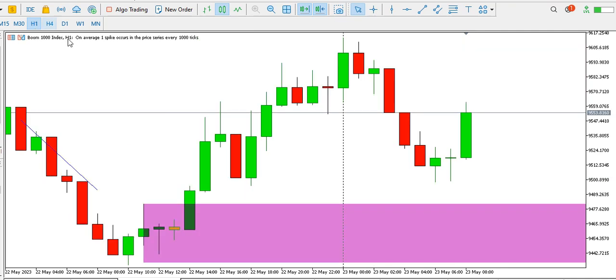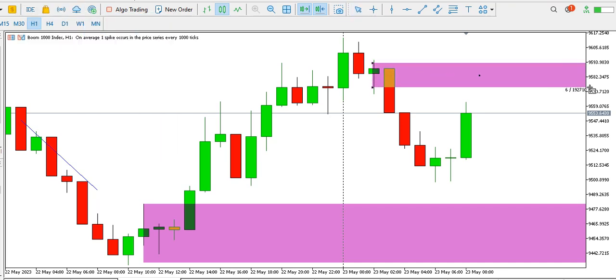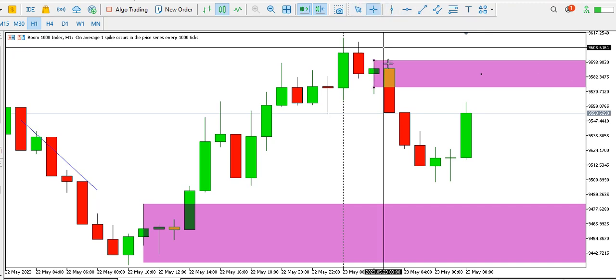Okay, on the 1-hour time frame, we can see that price is trying to form a bottom, and price might target this order block at the top. We have this order block, could be a target. I'm talking about the